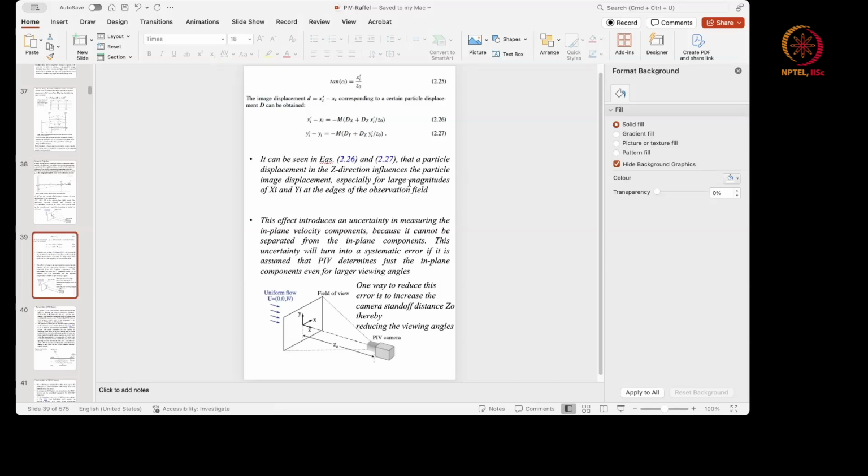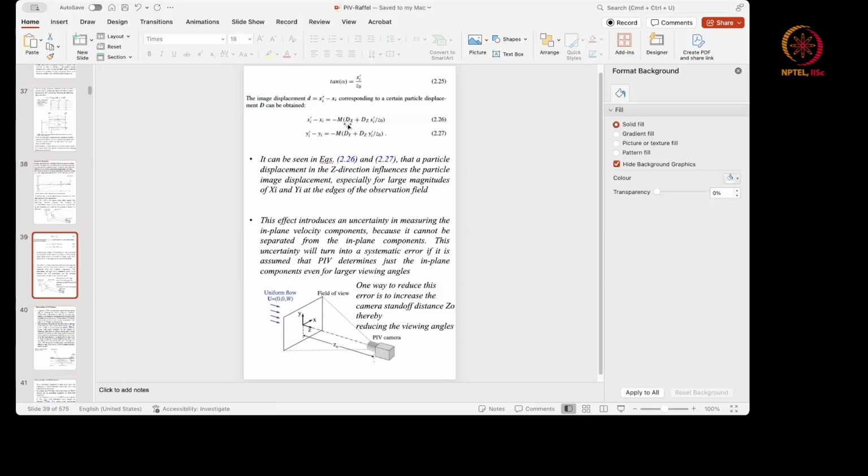So especially for large magnitudes of xi and yi, at the edges of the observation windows, this is a very important factor. This effect incorporates an uncertainty in measuring the in-plane velocity components, because it cannot be separated from them. Remember, we are using this to calculate the in-plane velocity components, but then you have the magnification factor, but there is no one-to-one correspondence with the